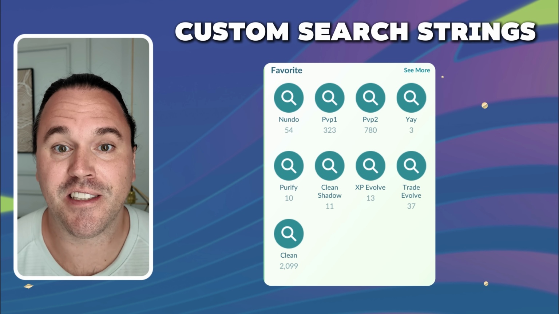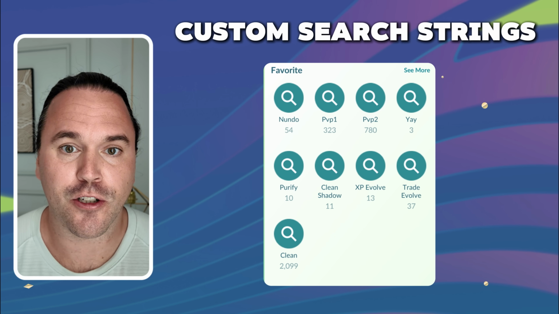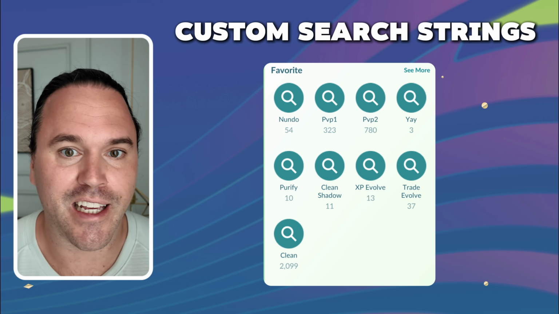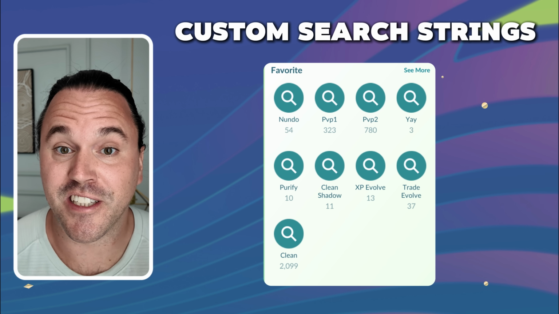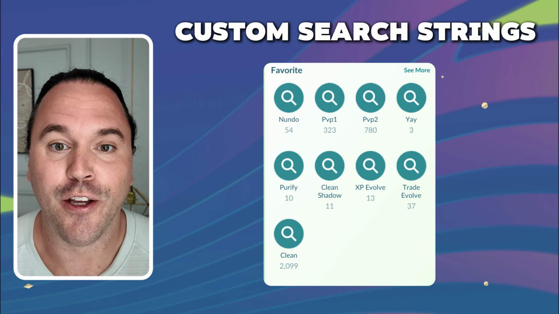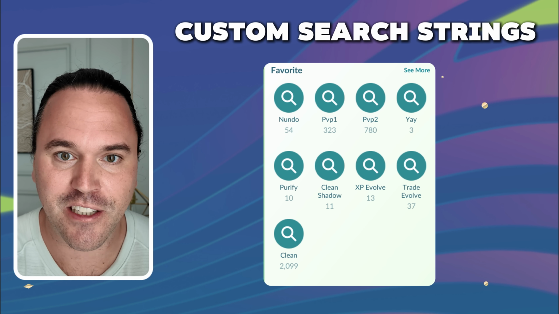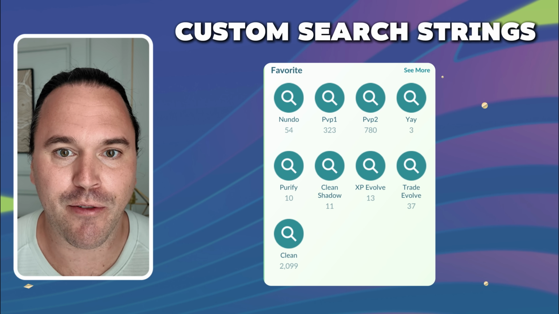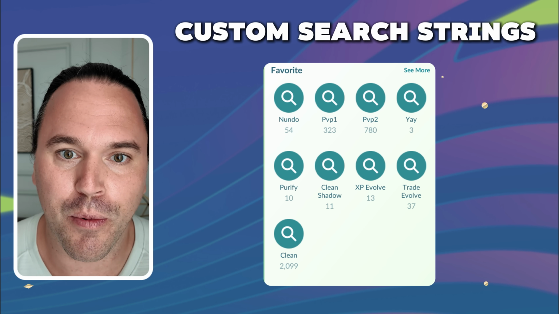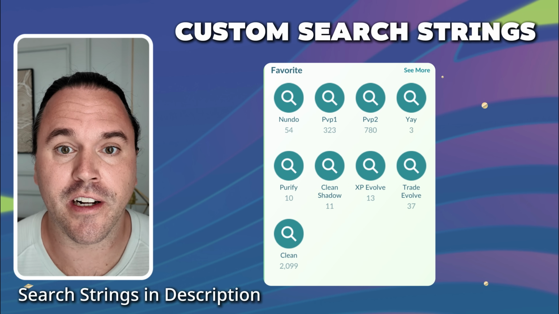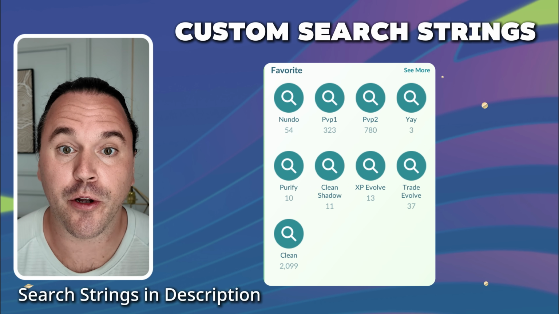We've taken these elements and built 9 of our favorite search strings that we use on a daily basis to keep us playing the game most effectively. And you can see right here that these are favorited. You can favorite up to 12 search strings, so you're going to want to go ahead and favorite the best search strings. That way you don't have to type them every time and you can just quickly sort through your Pokemon storage. Each one of these search strings is listed in the description,